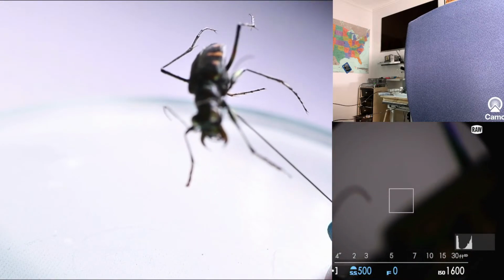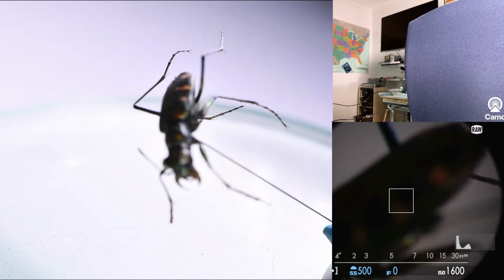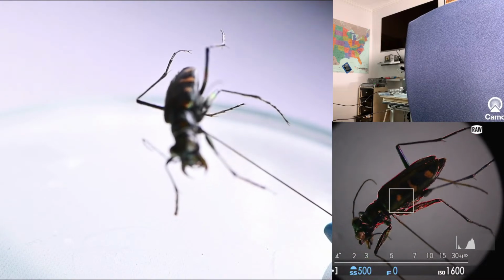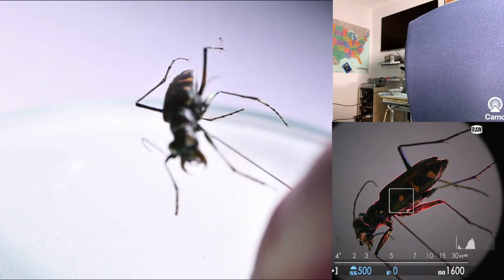This leg needs to come down. The other leg on the back needs to come down, but I don't think that's going to be too big of a problem getting him posed. Honestly, he's not a very pretty guy. He's got terrible eye problems